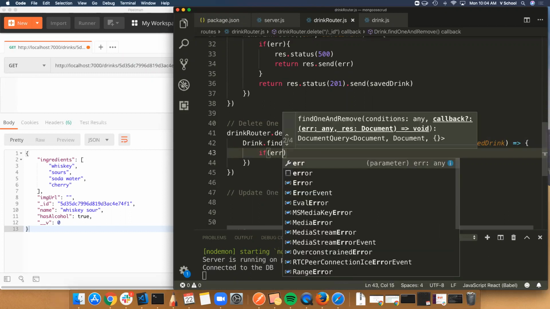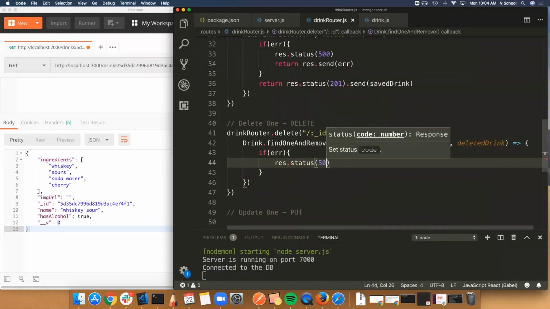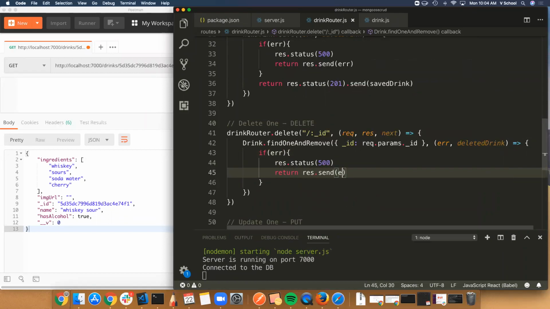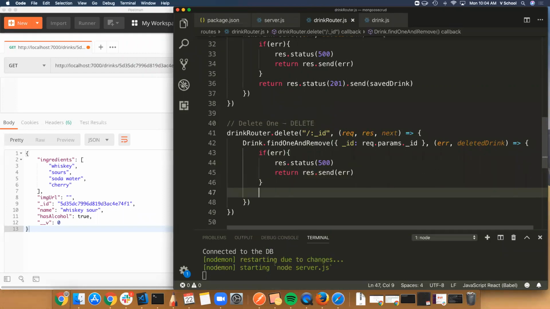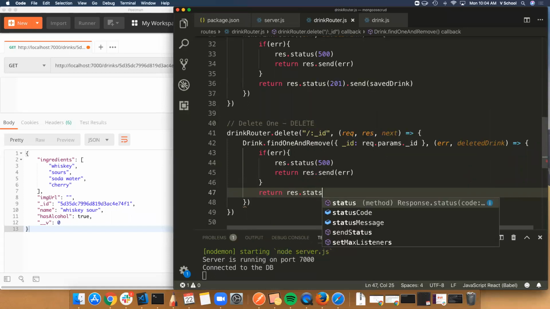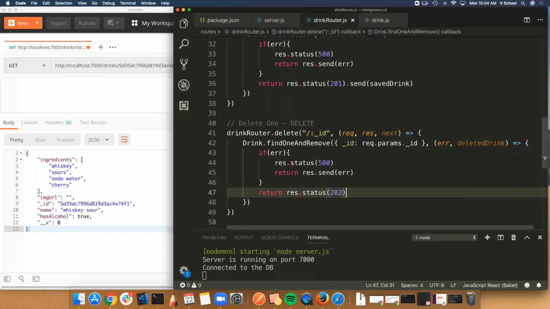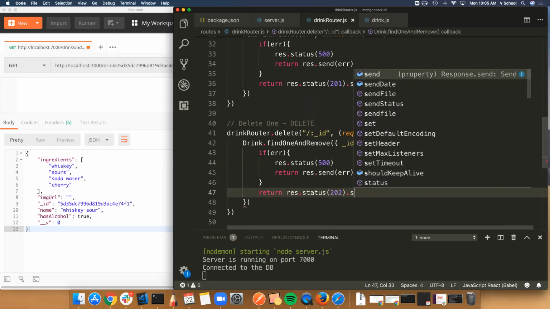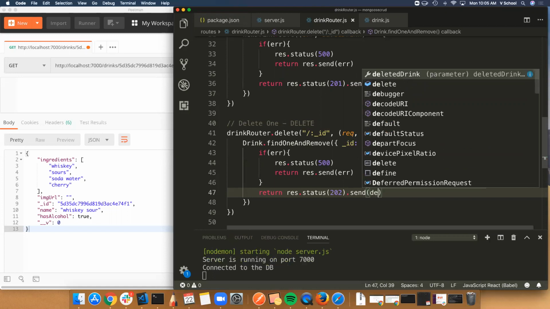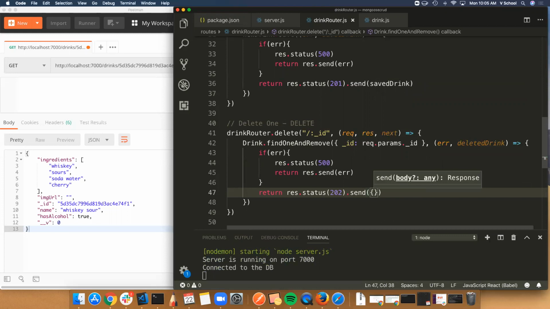Let's handle our error. If error, set the status and return the error. But if successful, return a successful status for delete, which we said will be 202, means request accepted. We did what you asked. And we'll dot send whatever we'd like. So we could just send the whole deleted drink object, if that's our choosing, or we could send back an object that has maybe a success boolean equal to true, and maybe a message that says